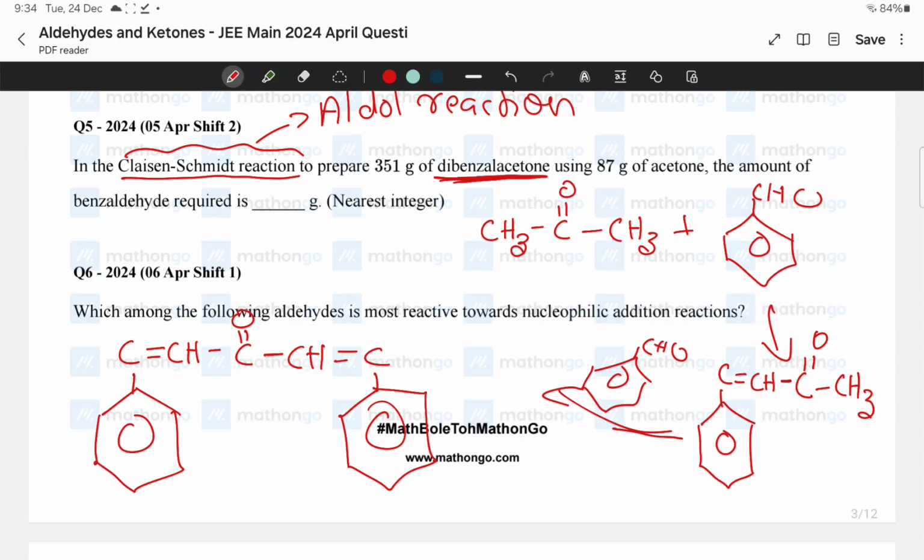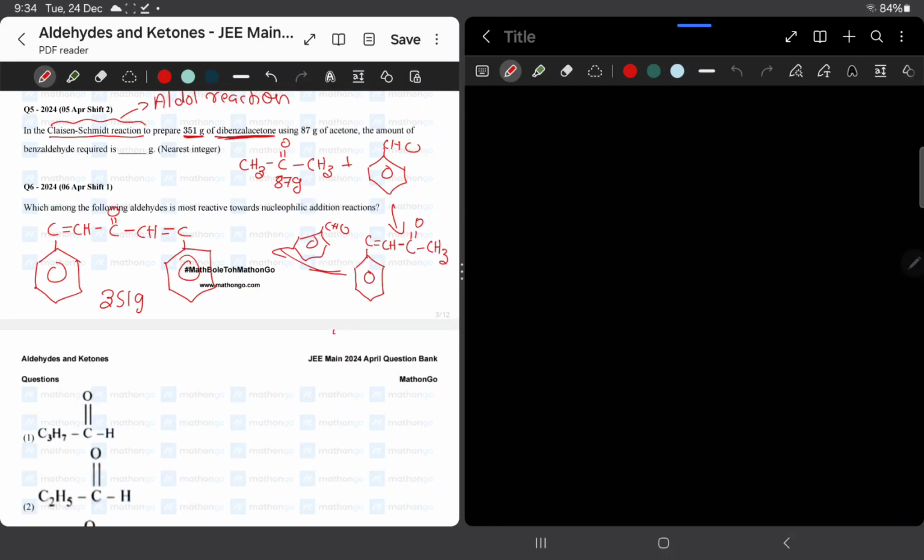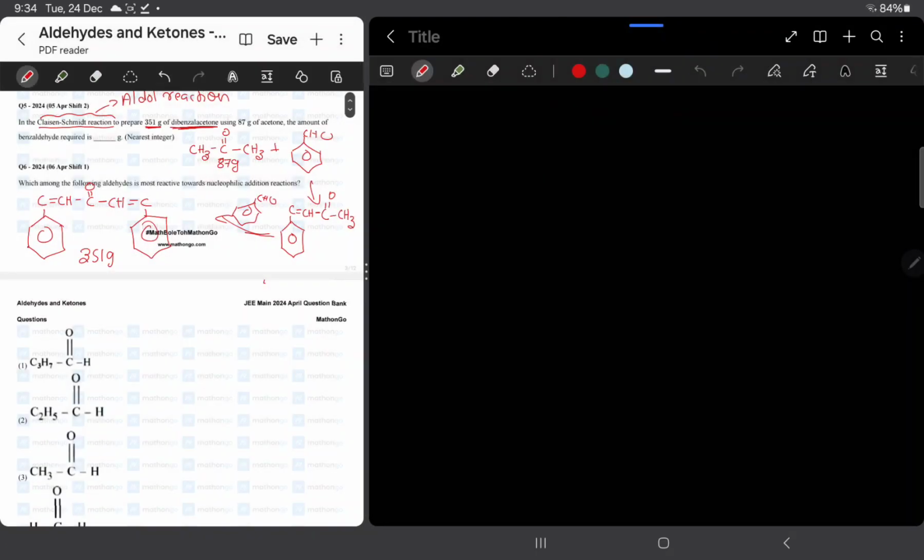How much should we prepare? 351 grams of this thing should be prepared using 87 gram of acetone. The amount of benzaldehyde required is what? Now I will take another page and write, as I need a lot of space to do this. Yes, so we have another page here. They are telling that 351 gram of